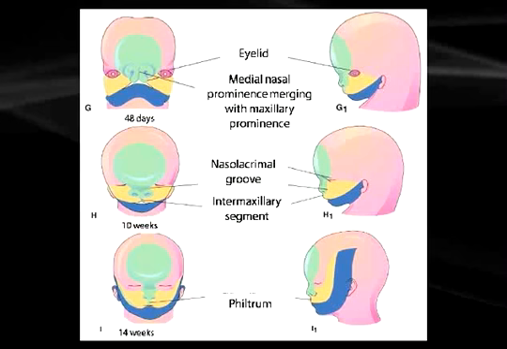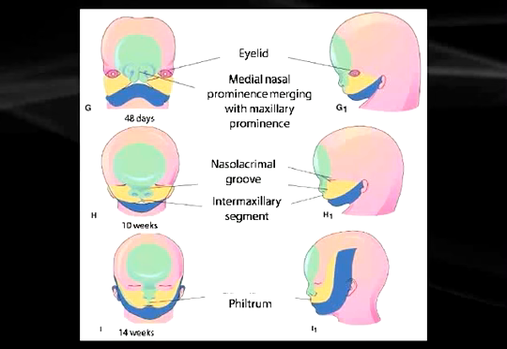A little bit further along, you can start to see how the lateral and medial components of the nasal prominence are going to fuse together. So the 2 medials will fuse, and the medial component will come and fuse also with the maxillary prominence. As this continues forward, you can see that there's a potential groove site that will follow between the green and